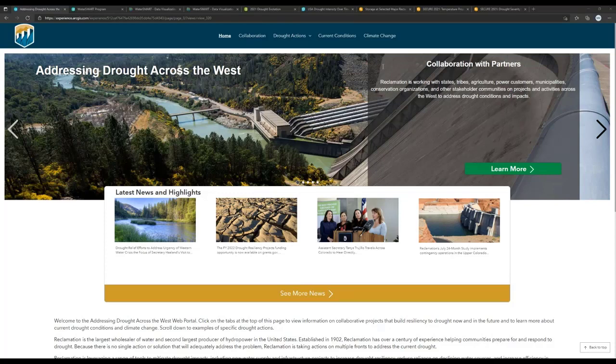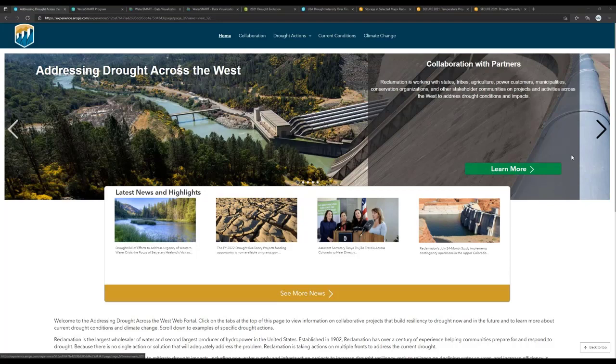So the next level down from that very top banner, where Nikki's pointer is, provides some overarching statements about how we deal with drought, and for the most part they correspond to the tabs on the portal. So the first one is about collaboration, and that green Learn More button, if you were to press that, would take you to the Collaboration tab.